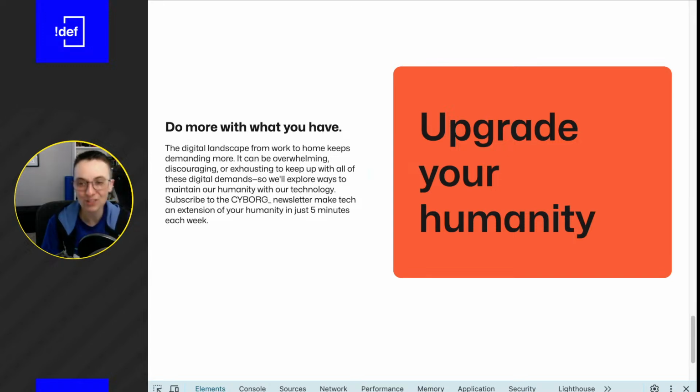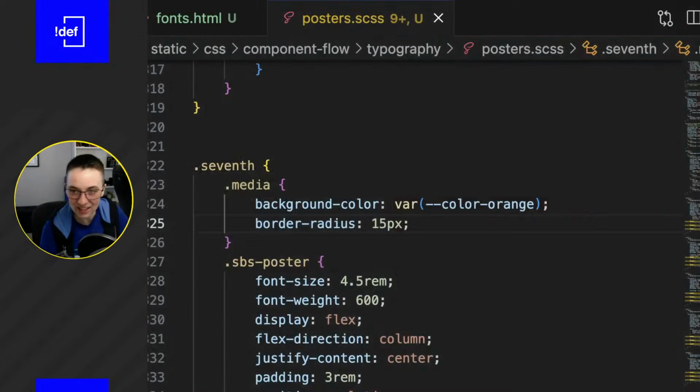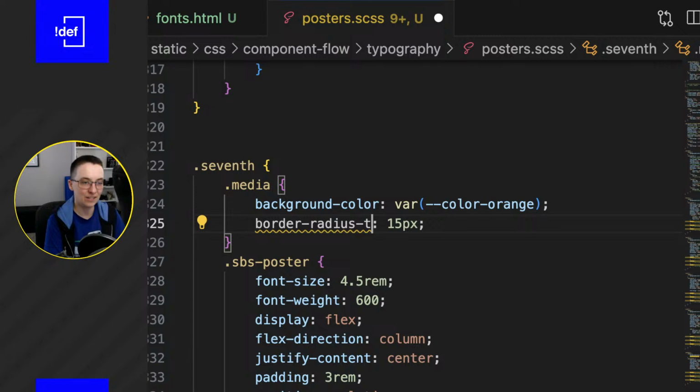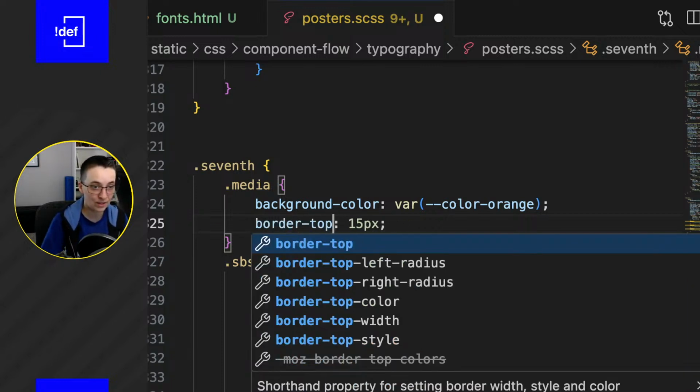Actually, you know what? Let's try one more with this. I like to play with this. We could do a border radius. Let's see, border top left. Yeah, let's cut off. Let's make the top left kind of a really huge